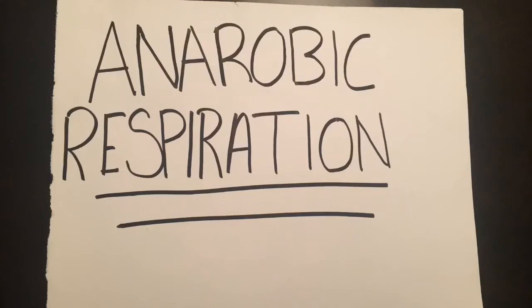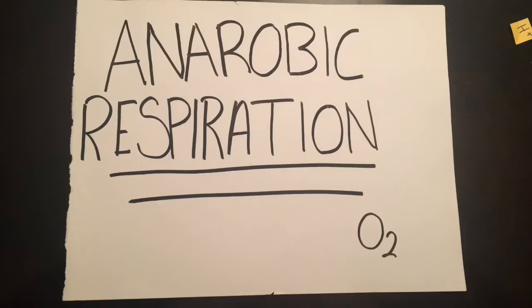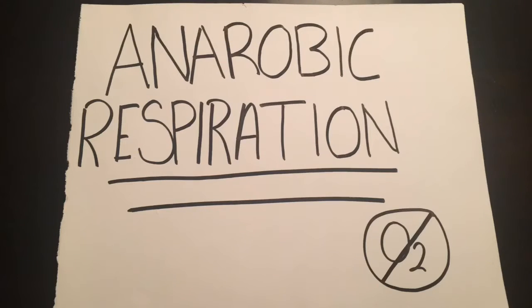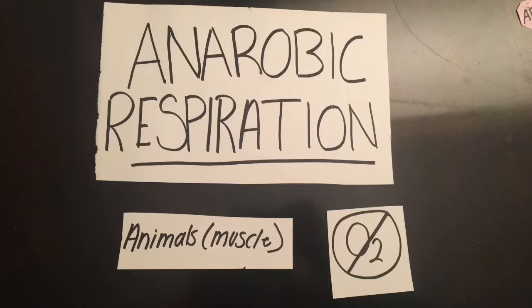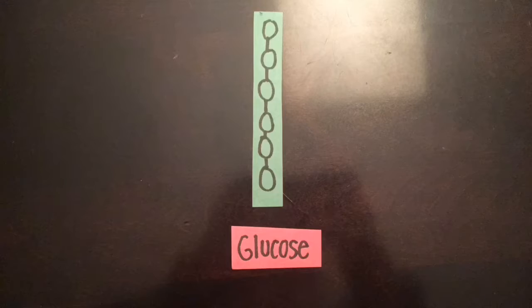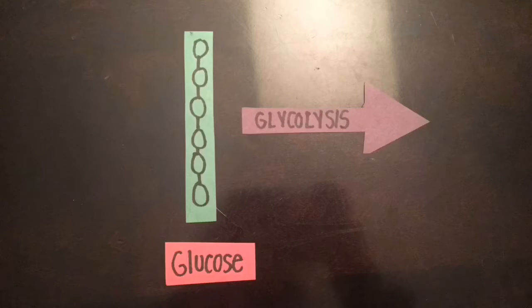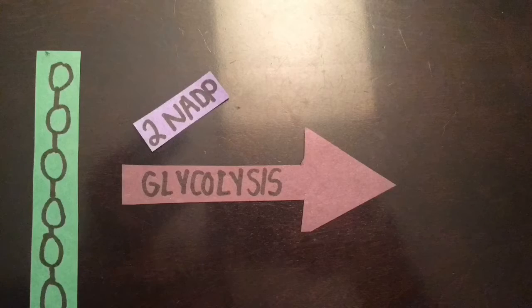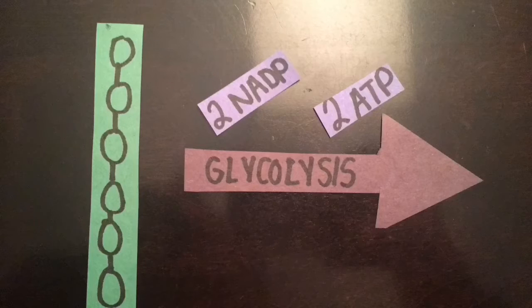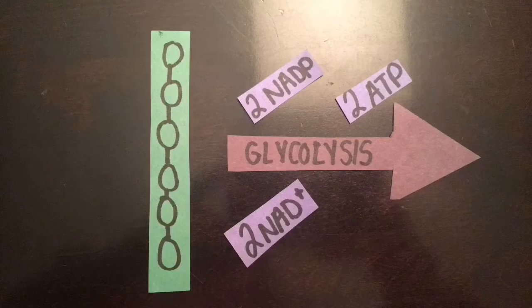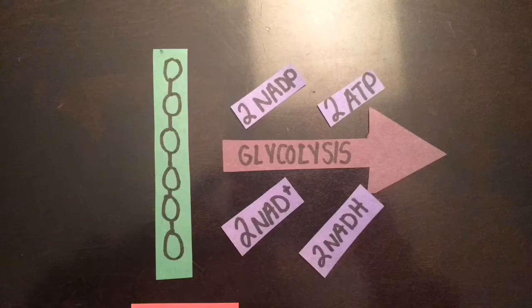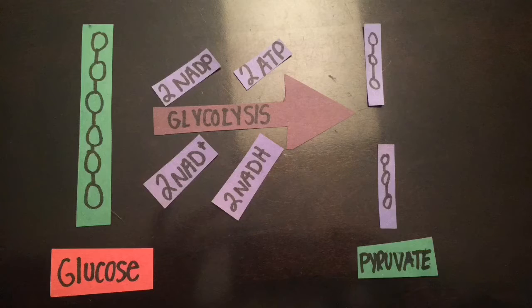We now move on to anaerobic respiration, which is respiration without oxygen. This type of respiration happens in animals, particularly in the muscle. It starts off with glucose, which can still go through glycolysis since it does not require oxygen, where 2 ADP are reduced to 2 ATP, and where 2 NAD are reduced to 2 NADH. This produces 2 pyruvate molecules like before,